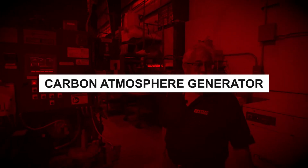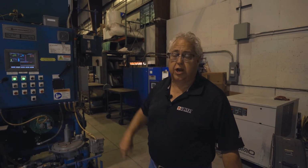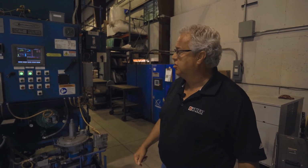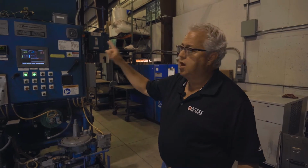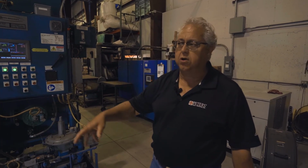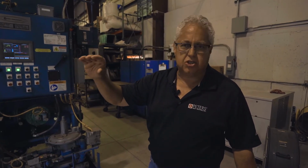This is the atmosphere generator that generates the carbon atmosphere for all three of those integral quench furnaces. Operates at 1900 degrees. Using a nickel-based catalyst, you pass natural gas through that tube, and it creates a carbon content gas that is then pumped over the furnaces. Then the software control on the furnaces adds air or nitrogen or whatever to make the gas the right